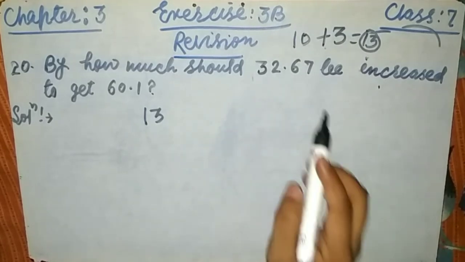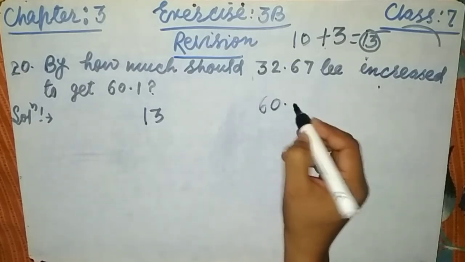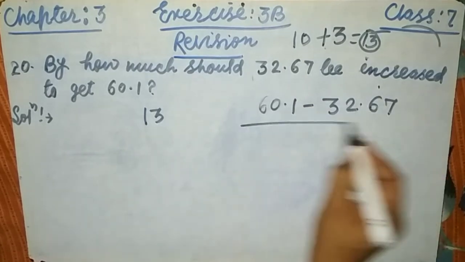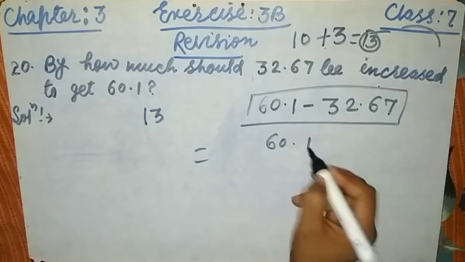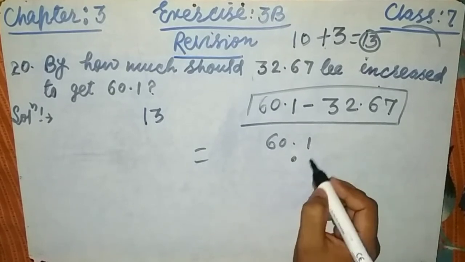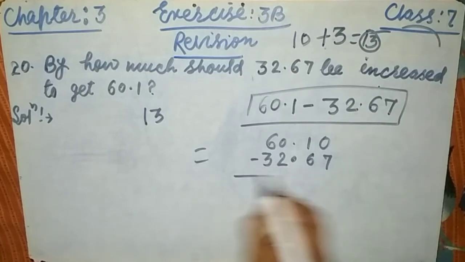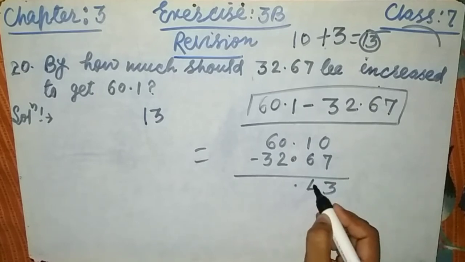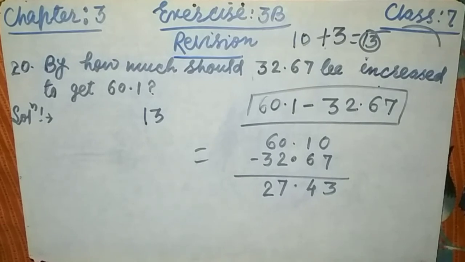Okay, here that means we can say we have to subtract: 60.1 minus 32.67. This is what you have to subtract, and this will be your answer. We can subtract it in the solution. 60.1, here the point, here the 6, here the 7, and here we can put a 0. This is the 2 and this is 3. Subtract: this is 10 minus 7, this is 3, this is 10, this is 4. Now this is 9, 7 and this is 2. The answer is 27.43. You can check the answer.